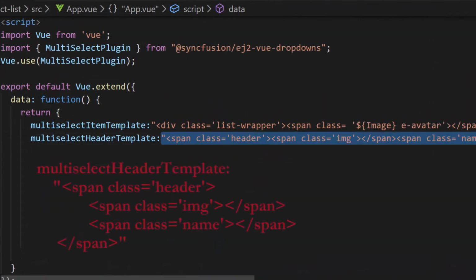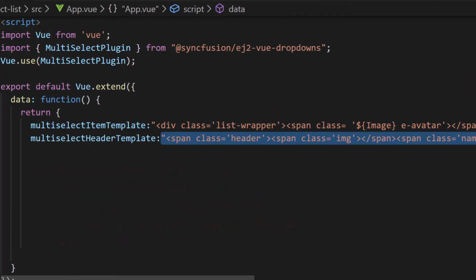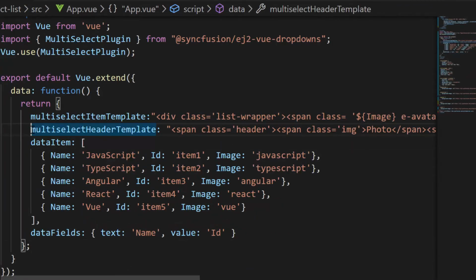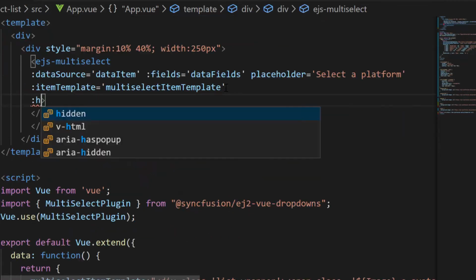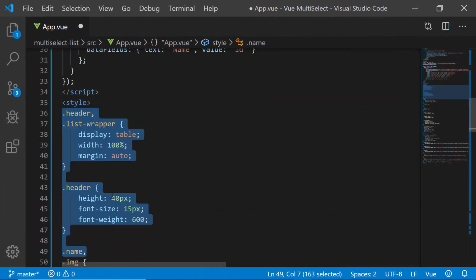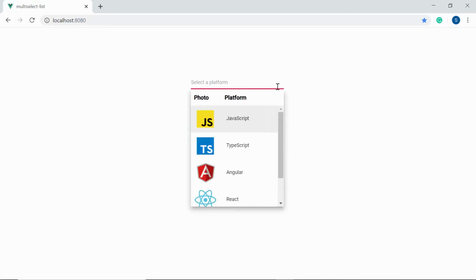So, let me define span elements with the text, photo and platform. Okay, now I need to assign this variable MultiSelect header template to the header template property. Also, I have defined a few CSS styles for this header template. And now, you can see the MultiSelect dropdown component where the pop-up is displayed with the text, photo and platform